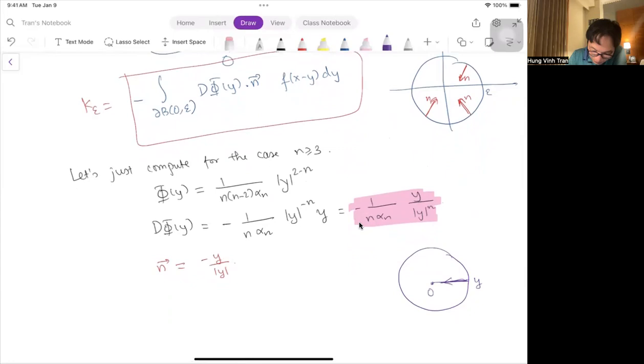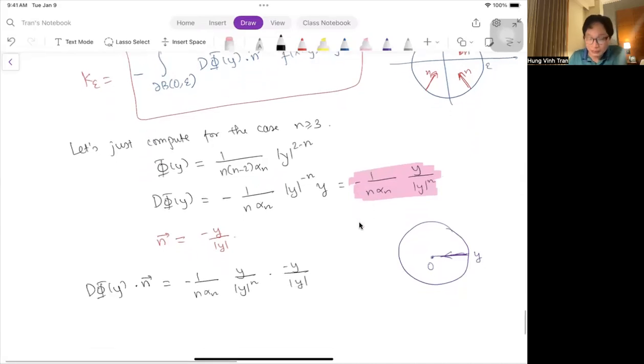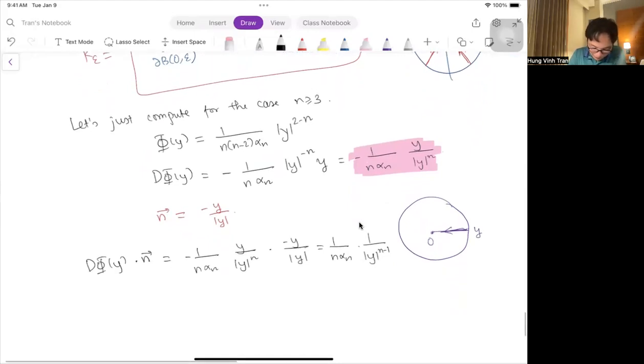Okay, so then I can compute dphi of y dot with n. Turns out to be exactly this, right? So minus 1 over n alpha n, y over |y|^n, dot with minus y over |y|. Minus and minus cancel out. So at the end of the day, I would have this is 1 over n times alpha n times 1 over |y| to the power n minus 1. Okay. Now we get back, we have K epsilon equals,